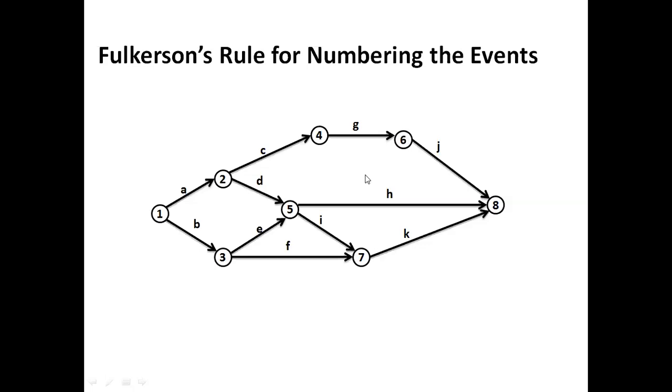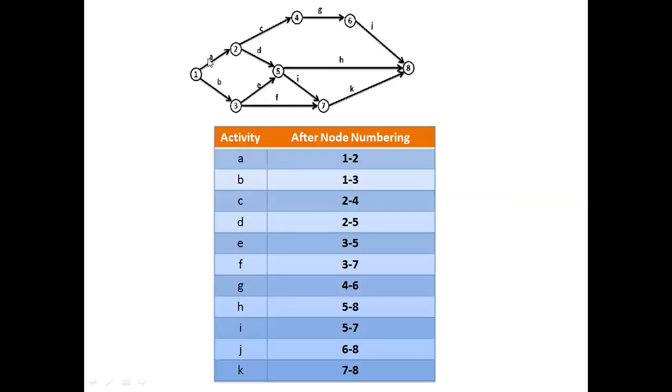In order to show the process flow, the numbering of the nodes will become more helpful. And one more thing is, in order to explain the network diagram or the project, the activities and their interdependency, this numbering of the node will make it very simple. So let us see here. Let us compare between the activity on arrows and activity on node. Just see here, this is A, B, C, like that. There are total K number of activities.